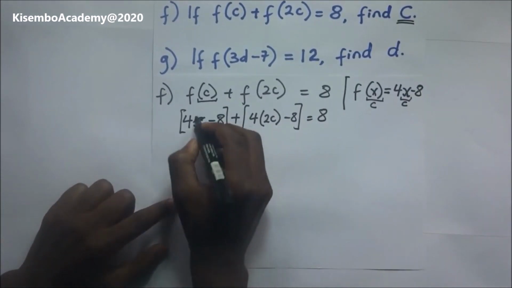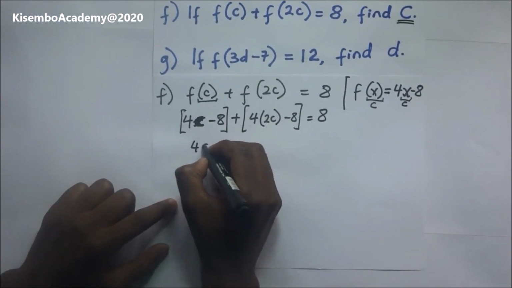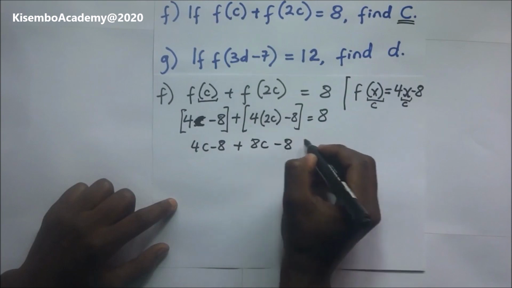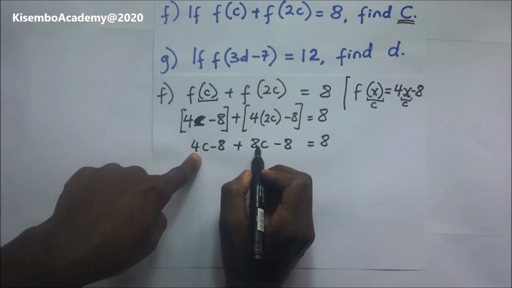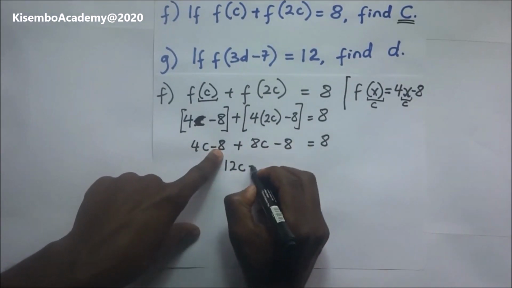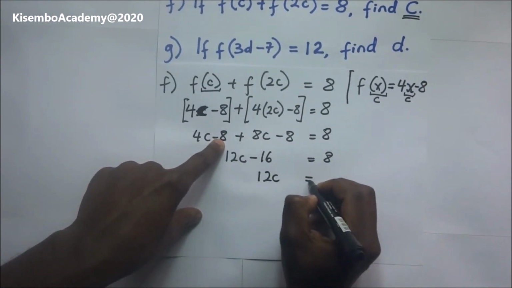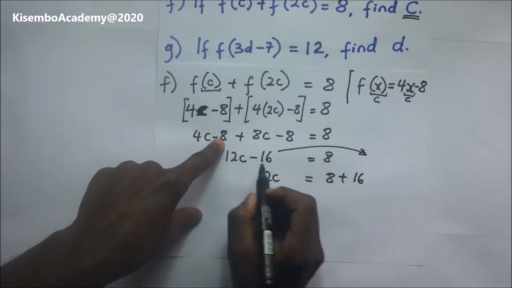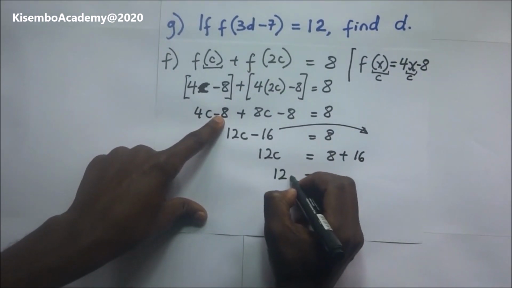So we go ahead, simplify this expression and find the value of c. So this is going to become 4c minus 8 plus 8c minus 8 is going to give us 8. So this becomes 4c plus 8c, 12c, then minus 8 minus 8 gives us minus 16, is going to give us 8. So we have 12c being equal to 8 plus 16, that is after 16 coming this way, and it becomes a positive after crossing the equal sign. So this becomes 12c is giving us